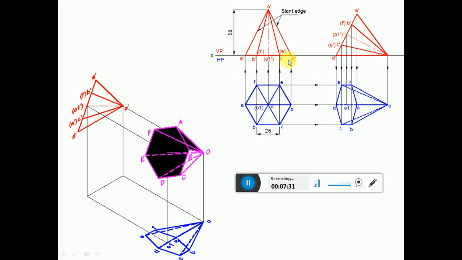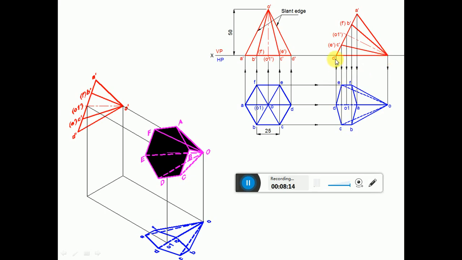Then measure the length from D dash to B dash. From D dash, you cut an arc on this to get this point B dash, F dash. And then you measure the distance from D dash to O1 dash. From D dash, you mark that point O1 dash. And then you measure the distance from D dash to C dash. Transfer it on D dash to C dash, E dash here. So you are going to get this point. Then join between O dash to B dash with a dark line. Then O dash to C dash, E dash with a dark line. And then join O dash to O1 dash with a center line marking.